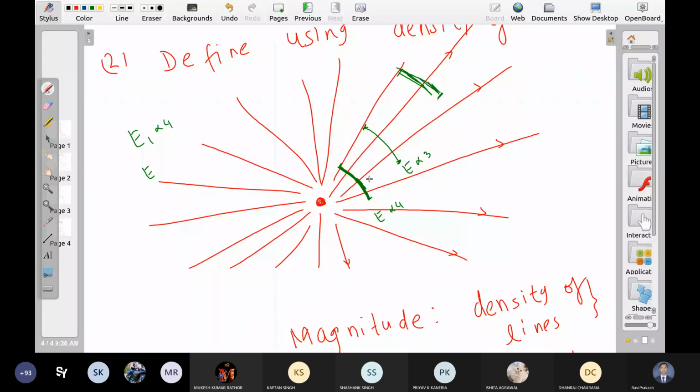So you can see I draw a length of 1 centimeter at 3 places. In the beginning, the same length is covering 4 lines. So electric field is proportional to 4 units. Here it is proportional to 3 units. Here it is proportional to 2 units. So what we see, the density of lines can be used to define magnitude. And direction is still shown by the arrows. So this is another approach to show vector field. And this approach is much more convenient, much more accurate than the previous one.